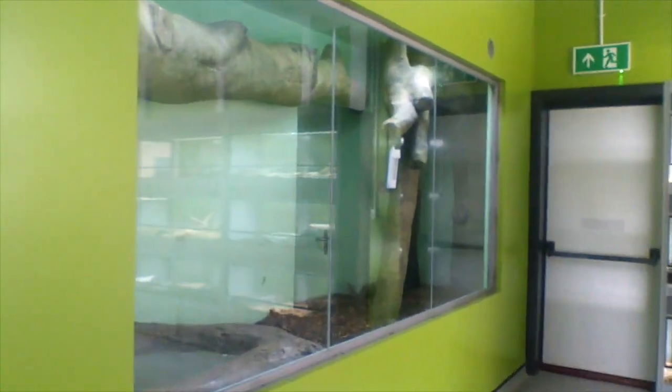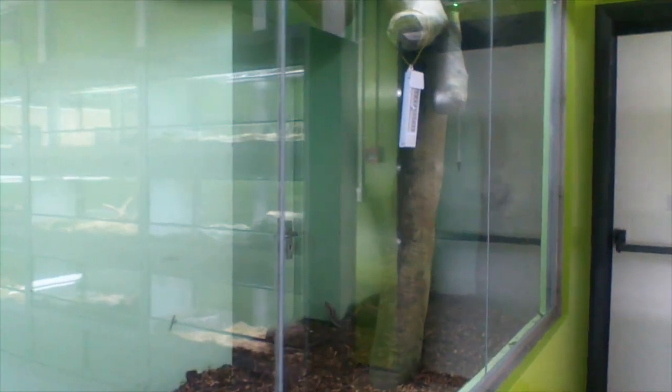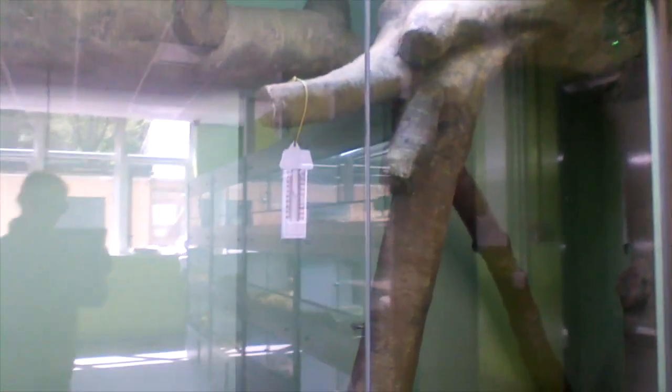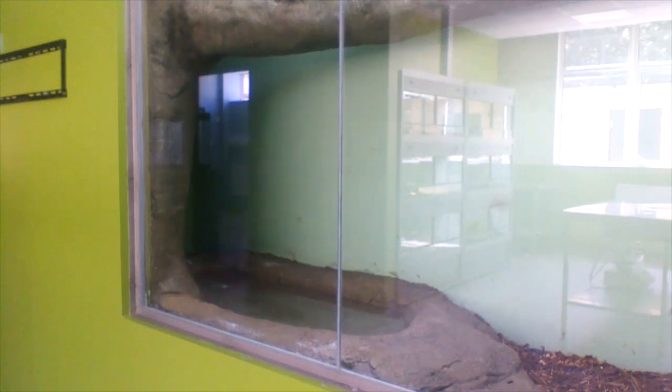The common boa enclosure is another warm and humid vivarium housing 2 South American boas. The male is about 2 meters long and weighs about 8 kilograms, each feeding on large rodents, which are offered weekly. Boas are commonly kept large snakes, relatively straightforward to look after, but ones that will soon outgrow their regular